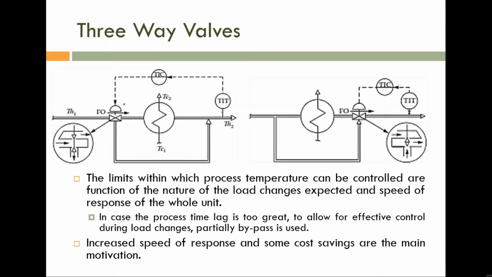You can see that here the three-way valve is used to manipulate the process medium. In the last class I told you if you are manipulating the process medium, that control action will not be accurate. But still we are manipulating the process medium in order to avoid some problem. Otherwise, we would not manipulate the flow rate of process medium because that one is less accurate. The problem is, as I told you in the previous slide, if you are using integral action, one condition is very important: the time lag must be small.